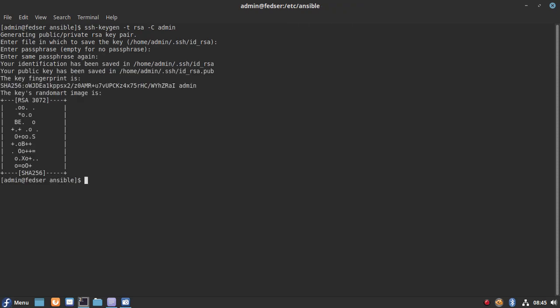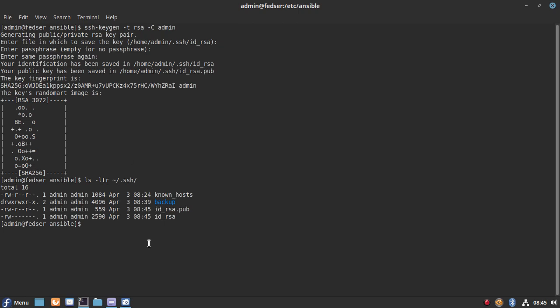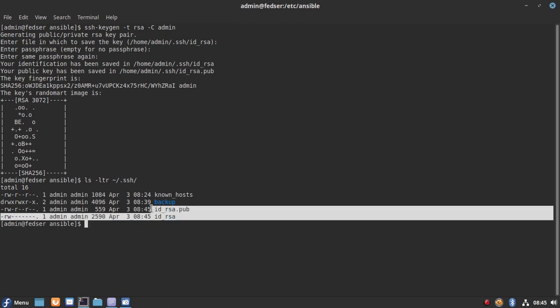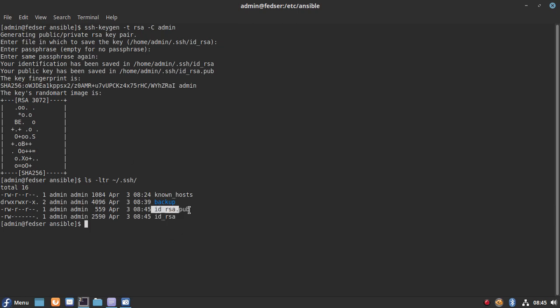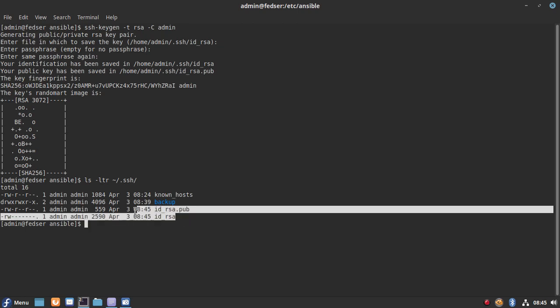Okay, you can see it has created keys in the .ssh directory. Let me go into this directory, home, .ssh. You can see it has created two keys. One is the public key and the other one is the private key.